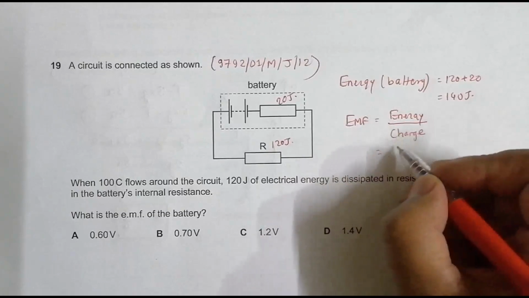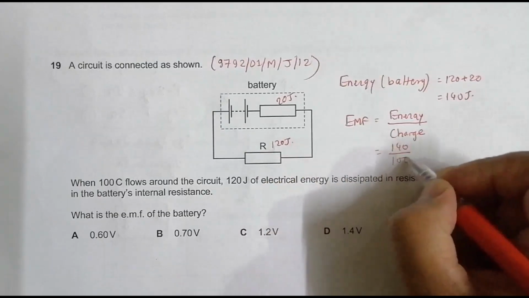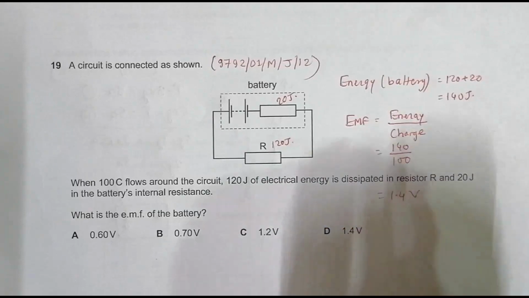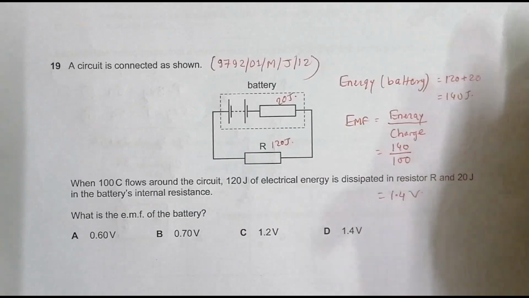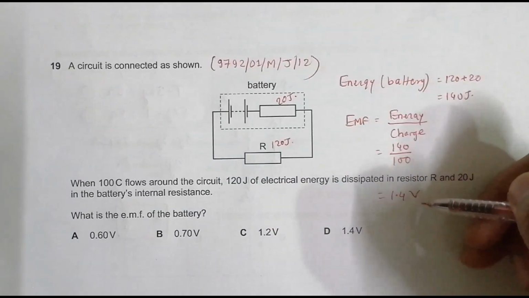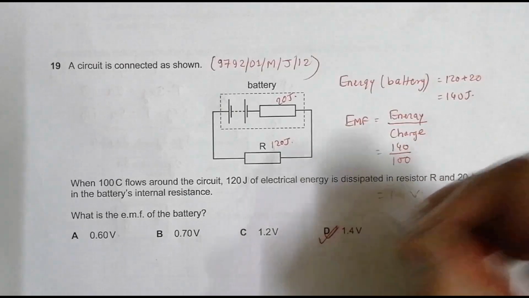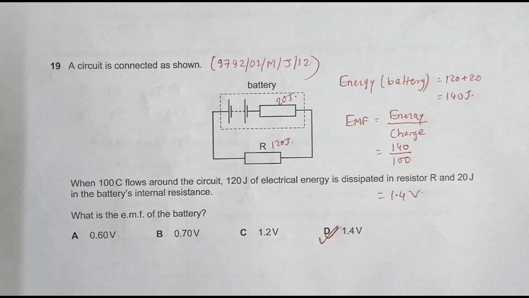So the energy is equal to 140 joules and the magnitude of charge is equal to 100 coulomb. So it is equal to 1.4 volt. So 1.4 joule per coulomb actually, which becomes equal to 1.4 volt, which gives choice D as the correct answer. So without current, without the value of resistances also we can find the value of EMF,